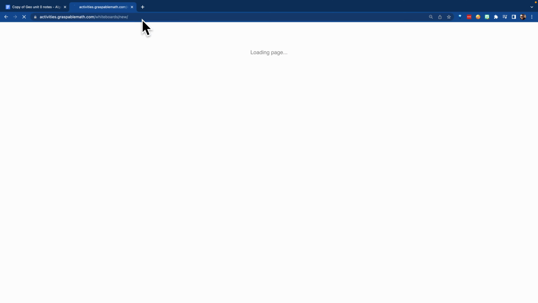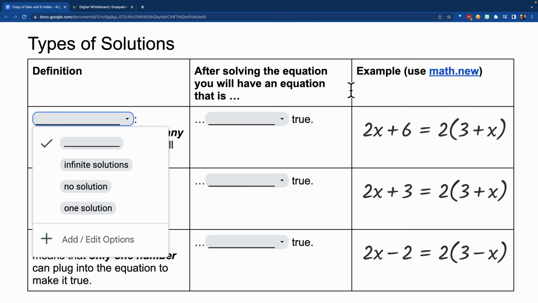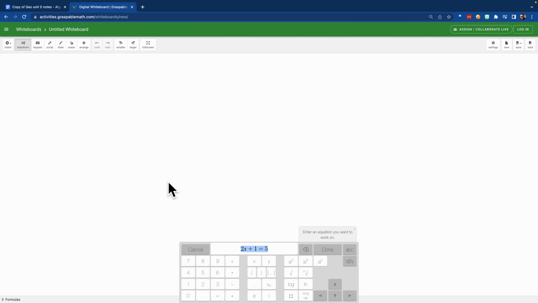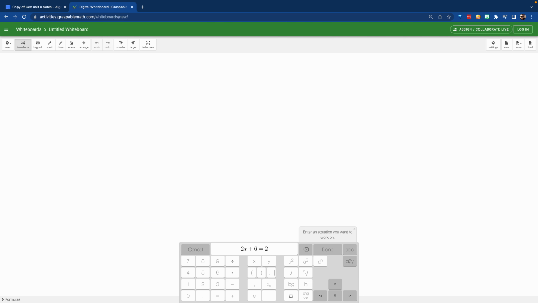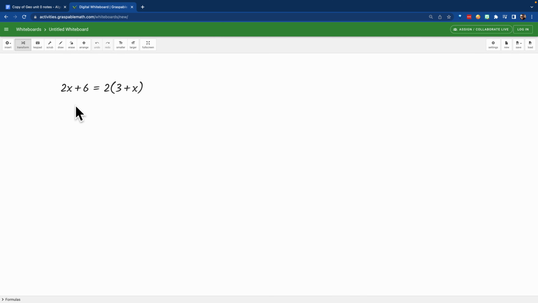math.new. So I go to math.new, start a new whiteboard for myself. I have 2x plus 6 equals, and then on the other side I have 2 times the group 3 plus x, 2 parentheses 3 plus x. So I have this first equation to start with, but let's see what happens as we start to move things